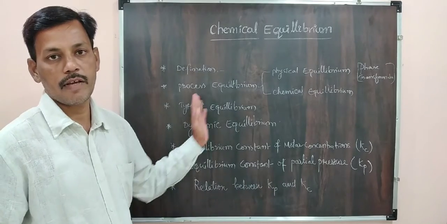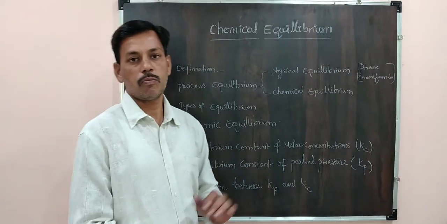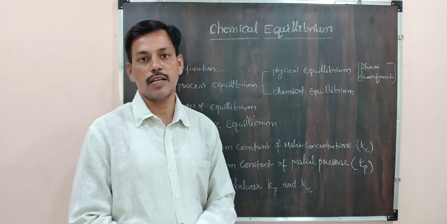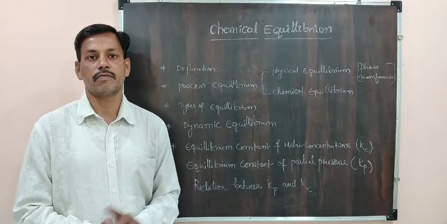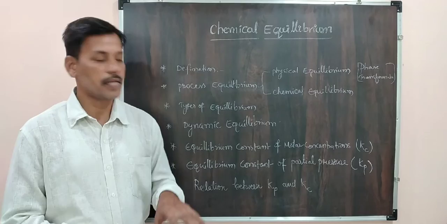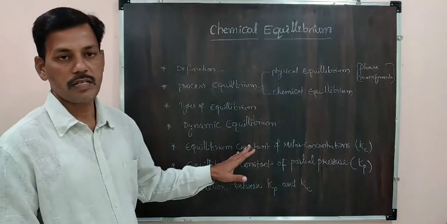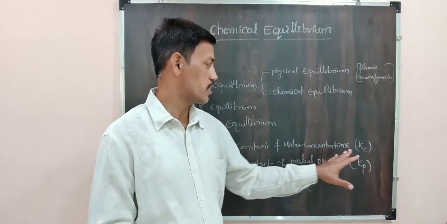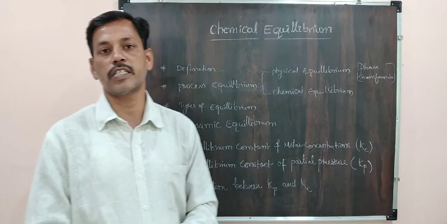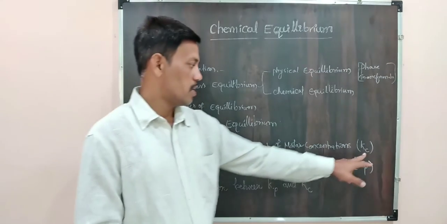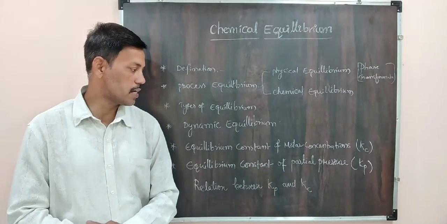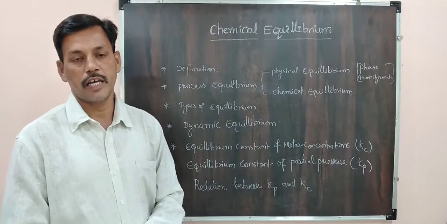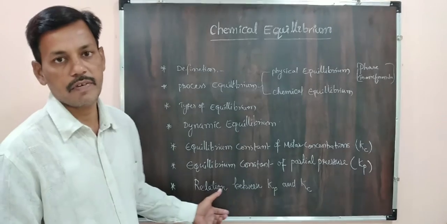In types of equilibrium we study homogeneous and heterogeneous equilibriums, chemical equilibriums. After that we study dynamic equilibrium, and then the equilibrium constant of molar concentration, which is indicated as Kc, and then the equilibrium constant of partial pressure, Kp, and the relation between Kc